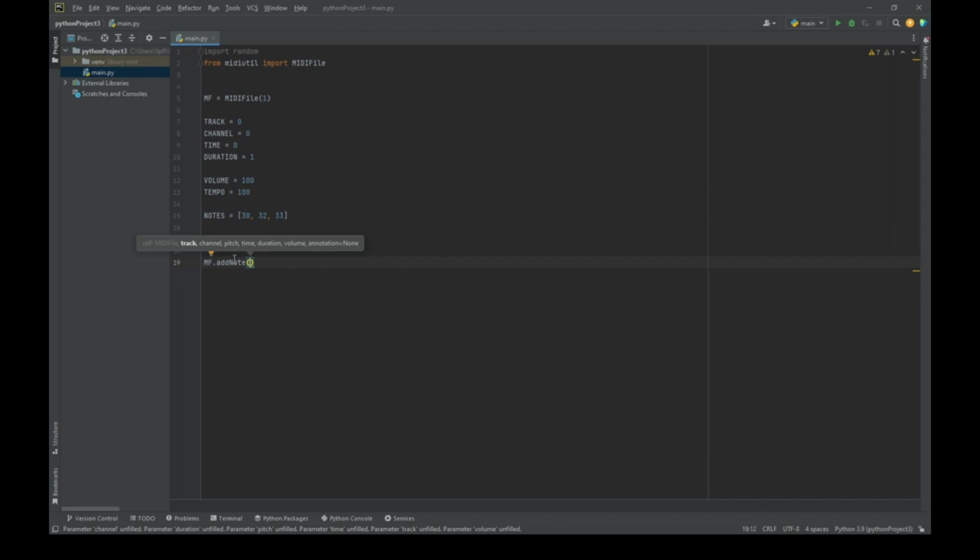We need track, channel, pitch. So pitch, what is pitch? Pitch is just simply the note, and we already declared a list with 3 different notes, and we want a randomly generated track, so we use random.choice of notes. Okay, now after the random note we want to add the time and duration,